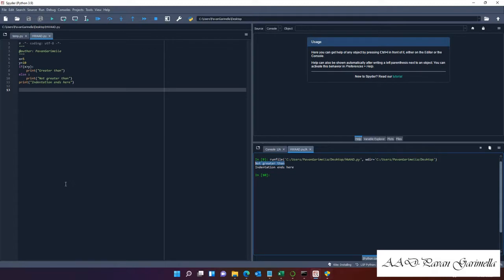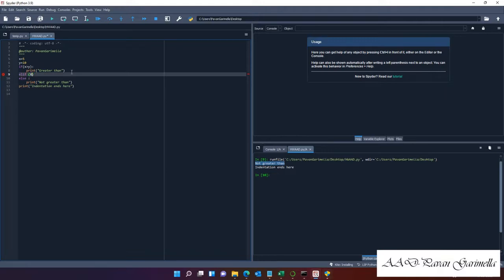Now there can be instances and conditions where you might compare multiple statements and multiple entities. So for example, here you can say if x is greater than y, print greater than, if x is less than y, print less than, and if x is equal to y, then print equal to. So in such cases we use the if else ladder set. So that one is represented by elif. So let me just show you that. So the condition will be elif,